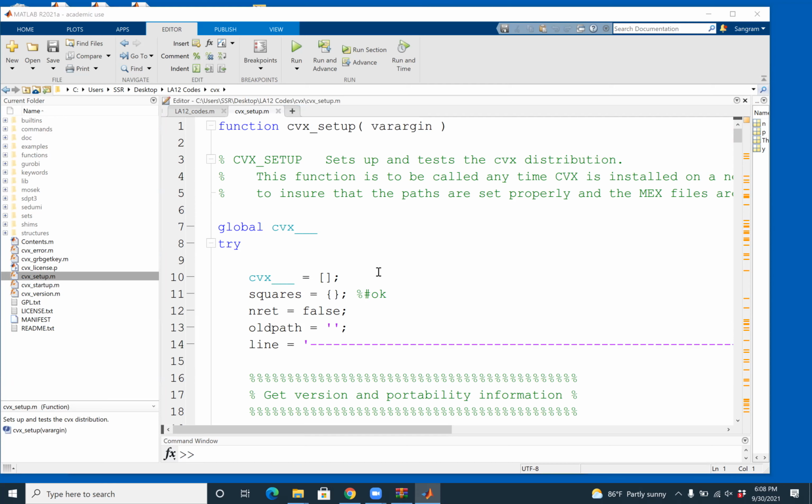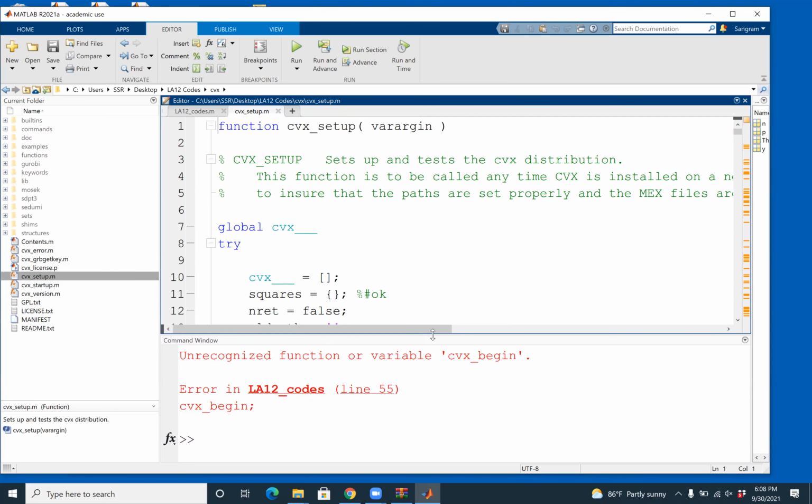So open the function CVX setup. Everyone, please open CVX setup. As you can see, when I ran that LA12, it gave me an error saying unrecognized function or variable cvx_begin.